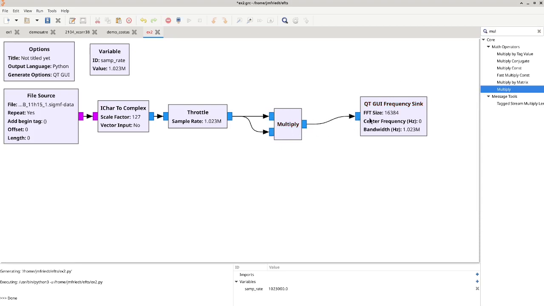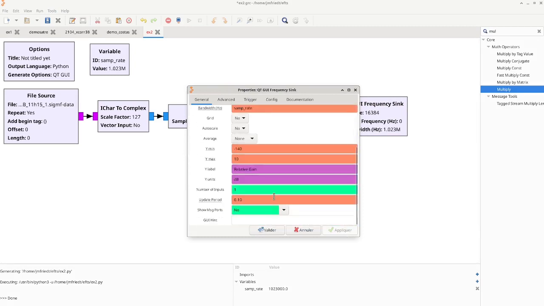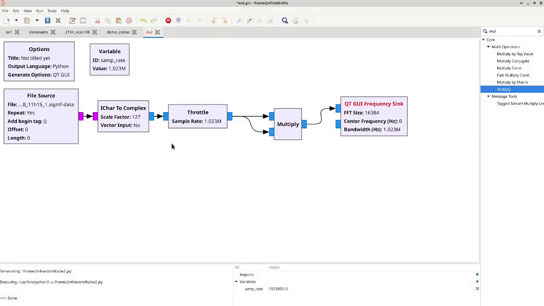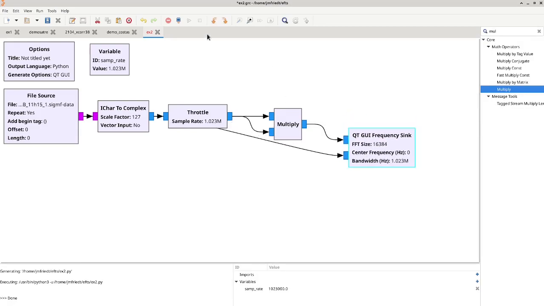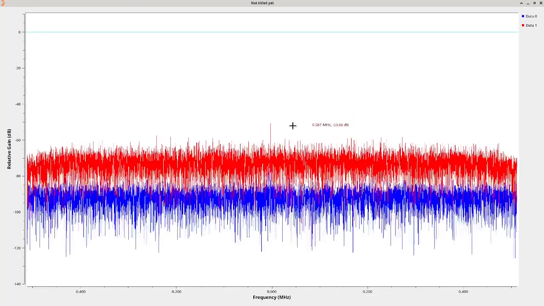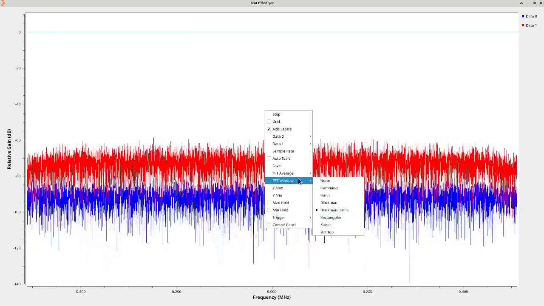So if we now multiply the signal and actually use a second channel of the Fourier transform analysis to observe prior and after multiplication, we shall see now, by using some averaging,